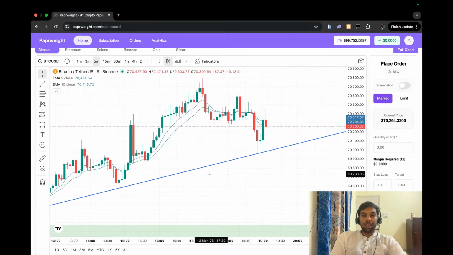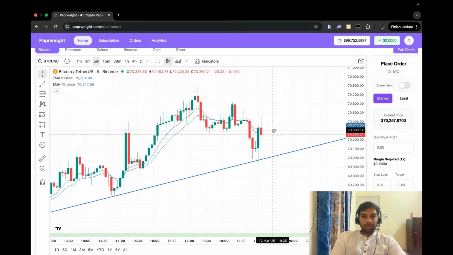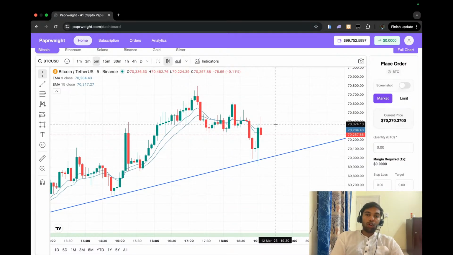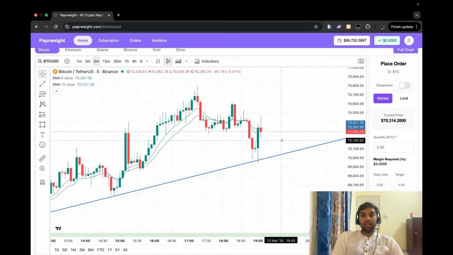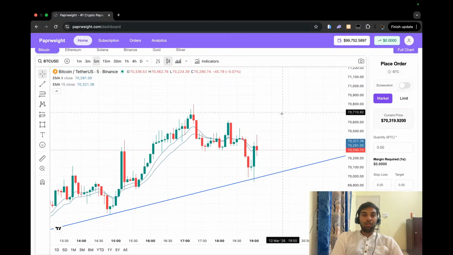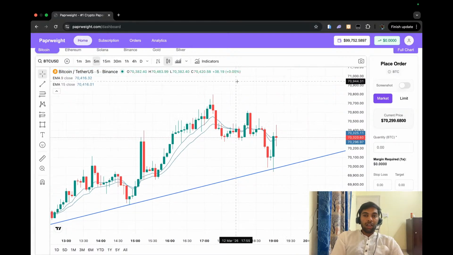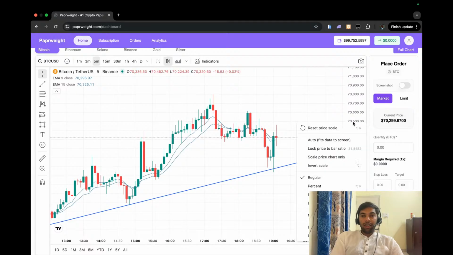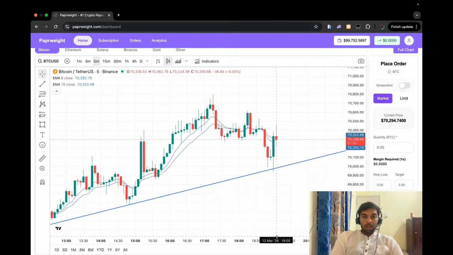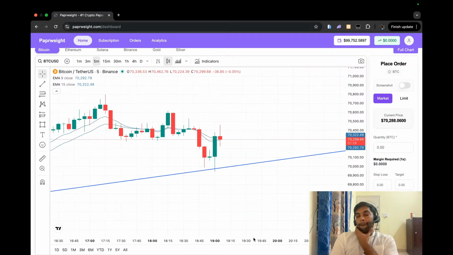So this is the trend line support. The market took the trend line support, and now it will again show some slow buying, then suddenly the market will go down, and suddenly the buyers will wake up again and try to push the market in a direction. So we have to be a little bit careful in Bitcoin. All right.